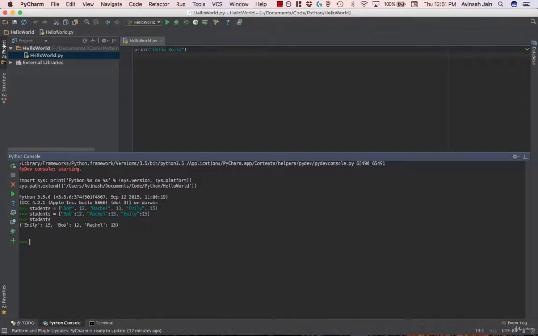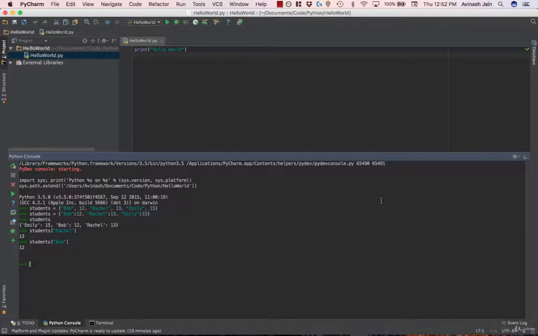Awesome. Now, the next thing is accessing one of the values. Now, I want to find out how old Rachel is. How do I do that? Well, I'm going to say students, and then in square brackets, the key. In this case, the key is Rachel. So students Rachel, that gets me her age, 13. Let's do the same thing with Bob. Students, and then square brackets, quotation marks, Bob, I get 12, okay? So that's the core principle of dictionaries, how you create a dictionary, how you access a value of the dictionary.